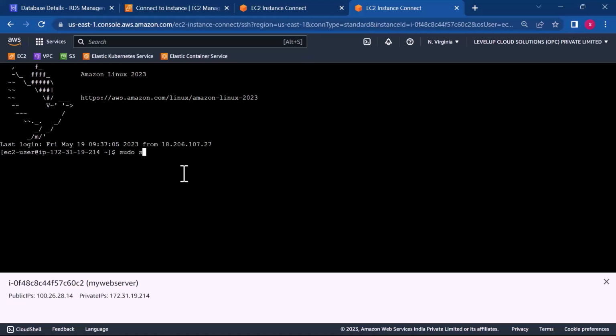Sudo su. Okay, now what I'm trying to do is connect to that MySQL server and then create the database called emp, because we have not created the database called emp, right? I need to create that. So to connect to that server, I can use the syntax